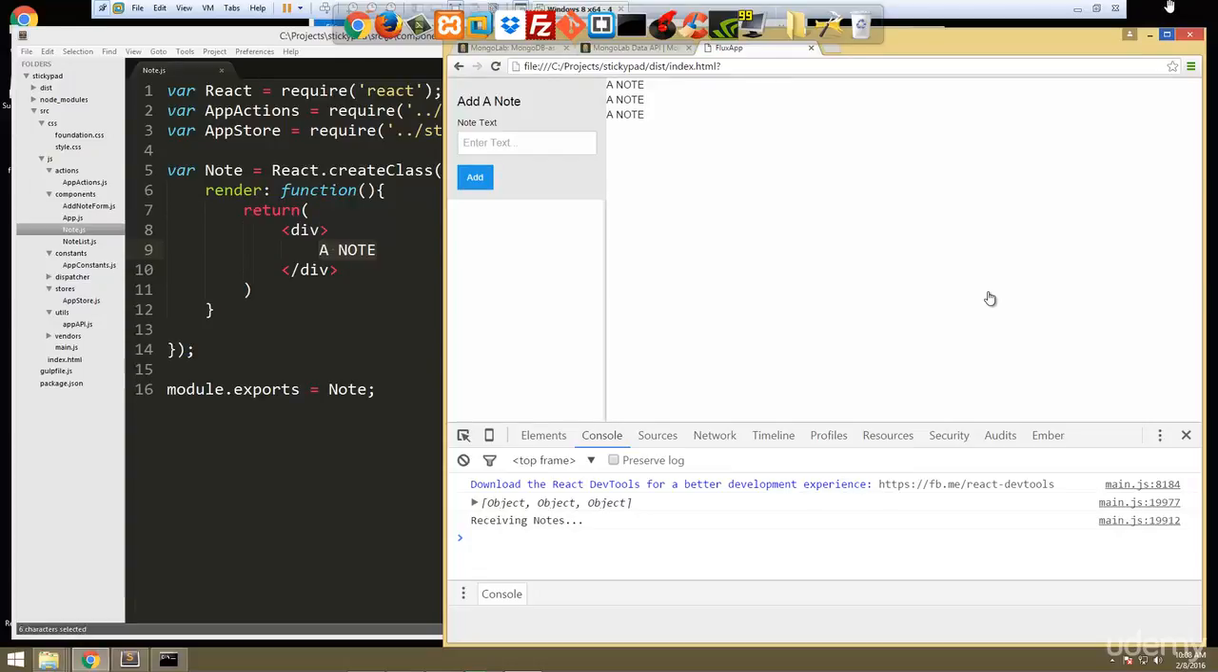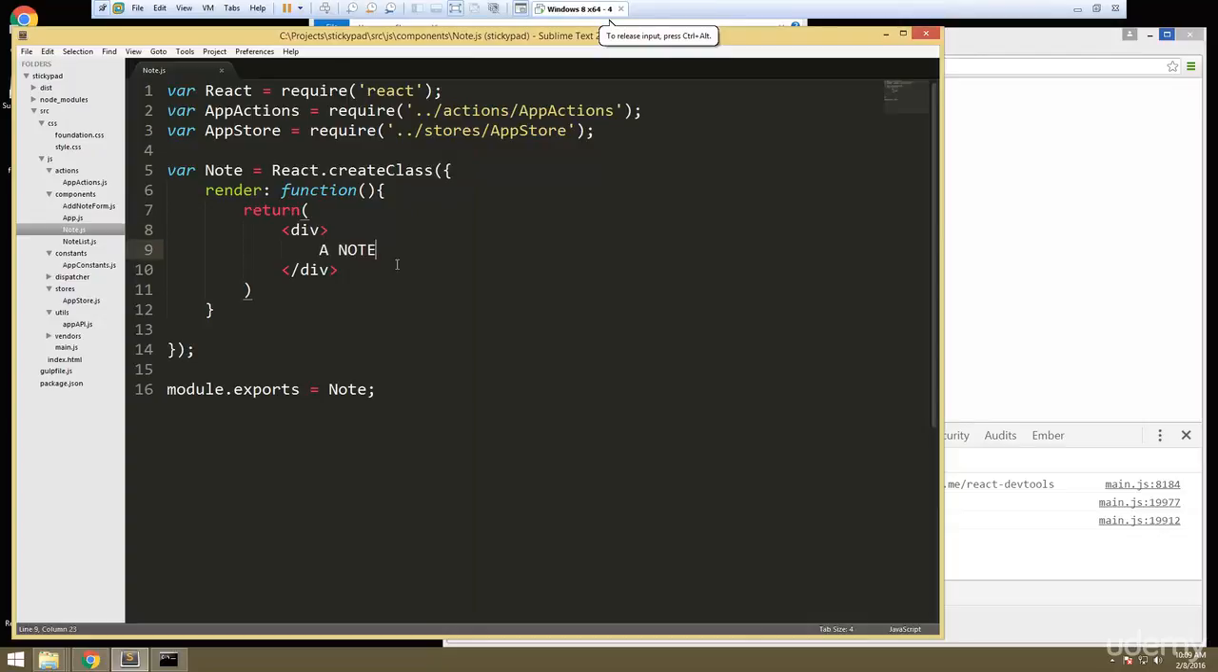Hey guys, in the last video we made it so that we could add a note through our form and it would persist to the Mongo lab. And then we created the get notes function that grabs them from the API from Mongo Lab, and we're displaying the text a note for each one. So what we want to do now is change this to the actual text. So where we have the a note, we're just going to change that to